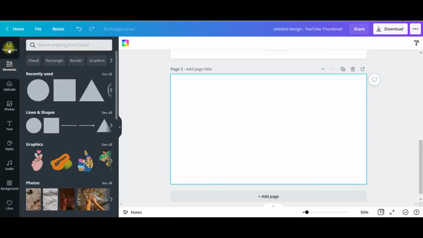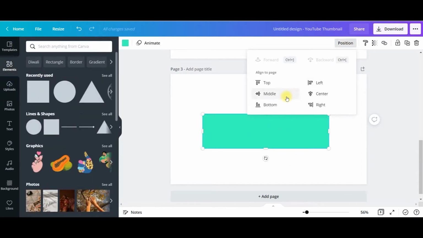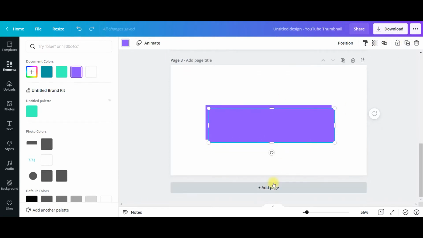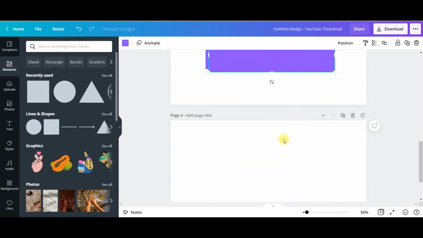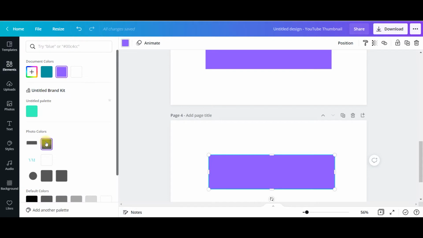Let's quickly grab one rectangle, bring it to proper shape, go to position, bring it to center. Now just change the color. I will take the same color, purple. I will just duplicate this, take another page, drag the duplicate one, change the color to darkest gray,